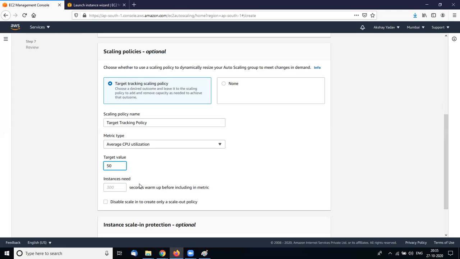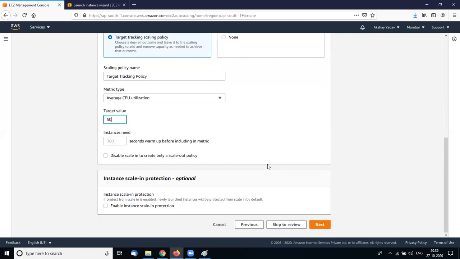If the server hits the 50% maximum peak value for 300 seconds, then in 5 minutes again a server is ready.